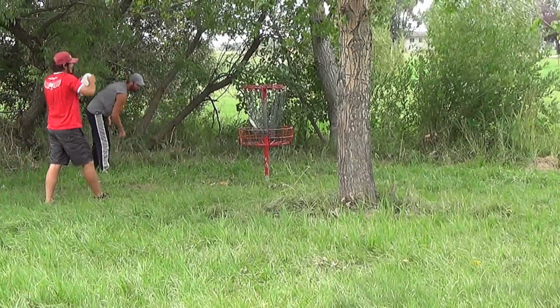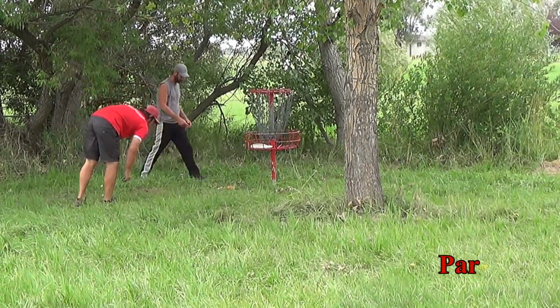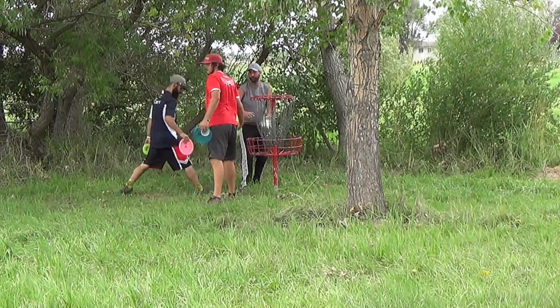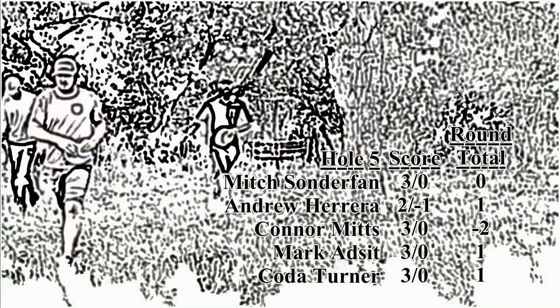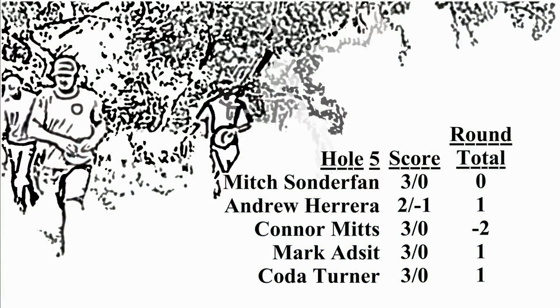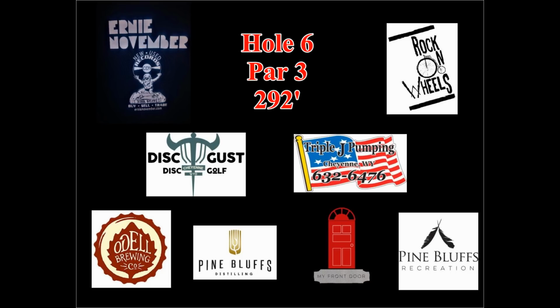Let's tap in par for Mitch. And Mark and I should do the same here. And then I'll come up and do so as well. Pretty simple hole. But that OB on the right can be kind of deadly. Yeah, that OB in the wind makes it definitely a little bit less straightforward than it otherwise might be. Good birdie for Andrew there. He gets one of those 2 back that he lost earlier,